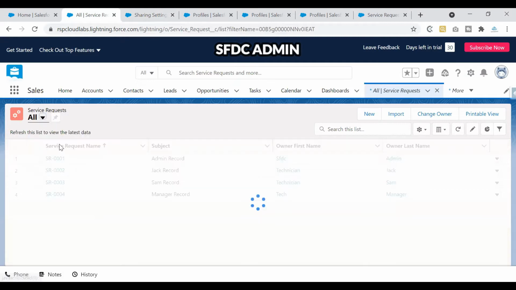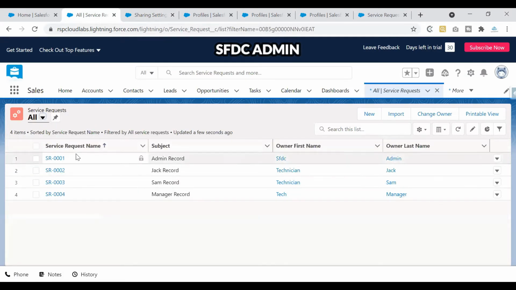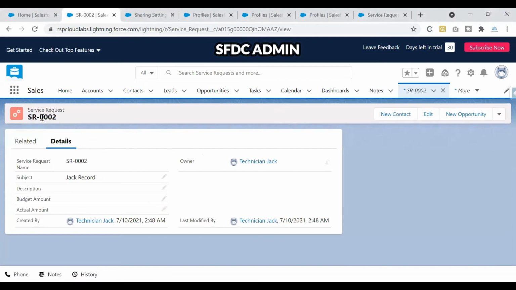So as we discussed, Salesforce system administrator here can see all the records that we have in the system. Let's see the list of records that we have in the system. So I'll pick up a record here. I'm currently logged in as system administrator here. Let's look at a record which says SR2, which has been created by this Jack record, right? So what I've done here is Jack has created this record and the subject has been written as Jack record. Why? Because we wanted to make sure that it is easier for us to understand who is the owner here. So that is why I've created the record this way. Right, so the subject is something that we look at to understand who is the owner for this one. Right, as of now, this has been created by Jack.